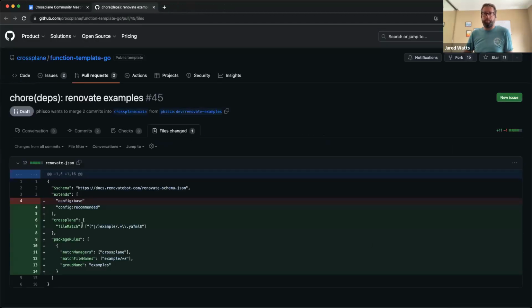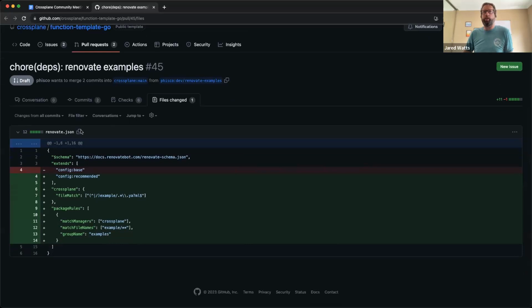up to date in your repository. For instance, here's an example of configuration you would add to your renovate.json file, where this one is saying Renovate bot should look at every YAML in the example folder for Crossplane packages and make sure they're up to date. Renovate will see that you've got some version of a provider, and if a new version of that provider has been published, Renovate bot will open a PR to update your manifests with the new versions of providers and configurations.